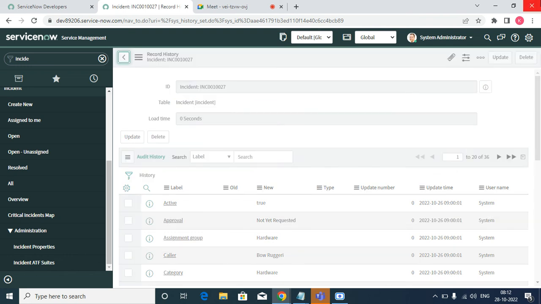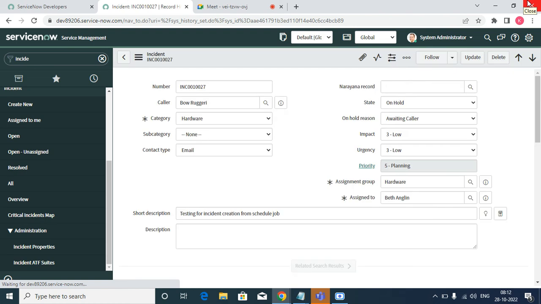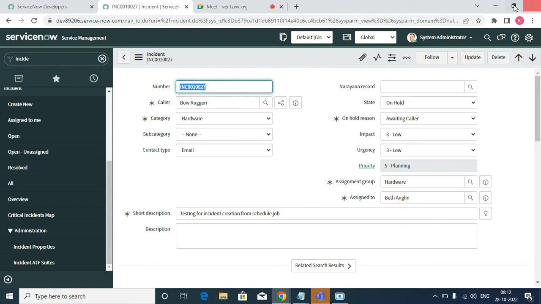So right now, if something is going on, if somebody is complaining it's not working, and you want to check what the things were, and also if you want to configure and implement the incident module, first we need to set up the assignment rules and the priority lookup, which you have already seen, and these categories, subcategories. This priority lookup and this category and subcategory, and these locations if you need, and this configuration item,